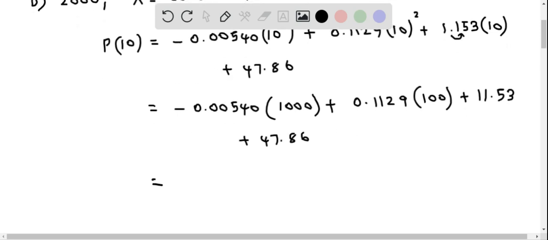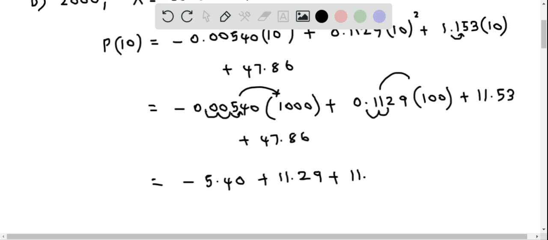So the first number we have to multiply by 1000. So when you multiply the decimal by 1000, we have to move to the right by three places. So we move the decimal point: 1, 2, and 3. So it's basically negative 5.40. And then when we multiply 0.1129 with 100, we have to move the decimal places to the right by 2. This is 11.29. So this is a positive number, plus 11.29, plus we then have 11.53 plus